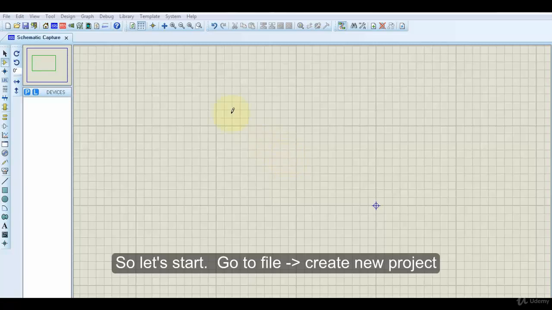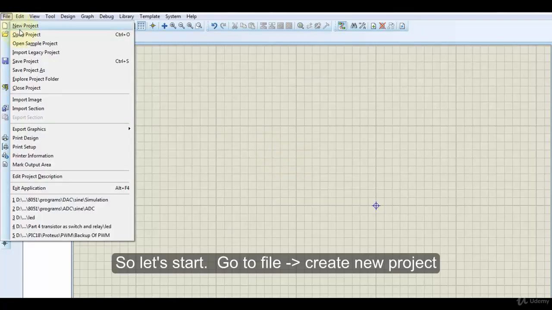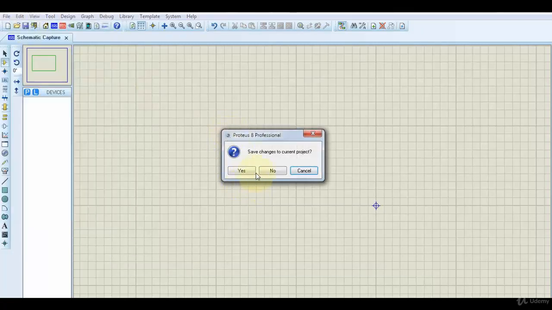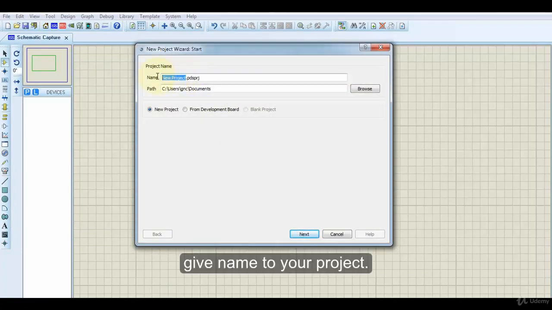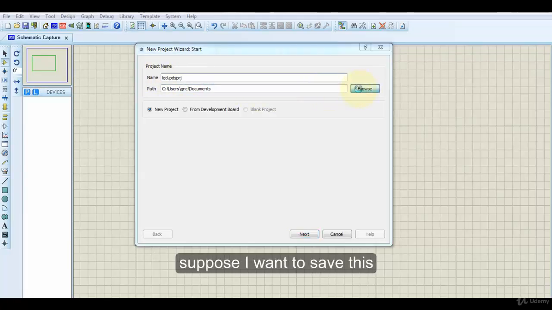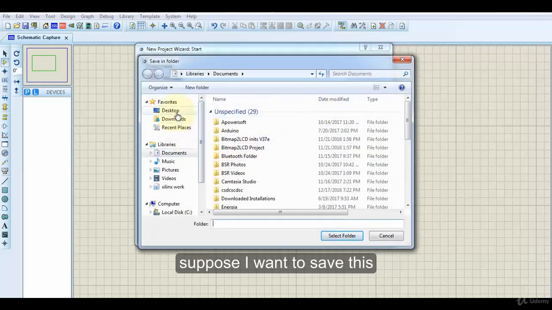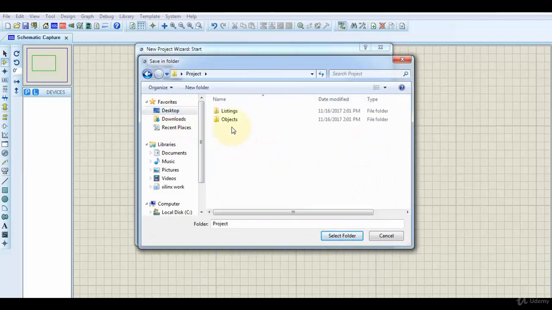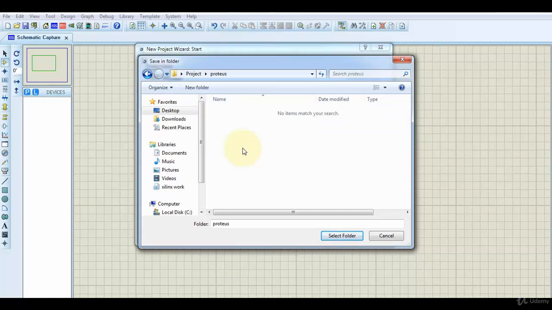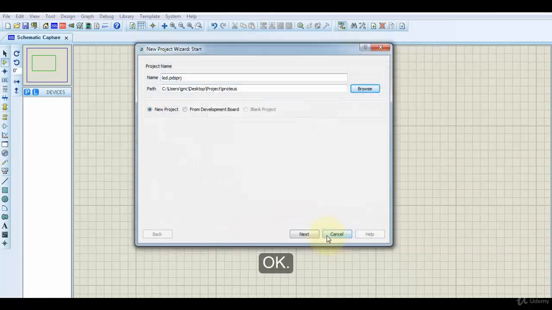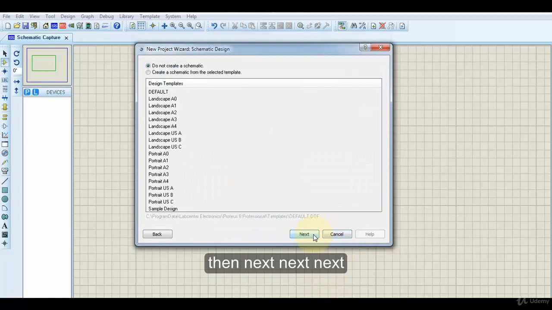So let's start. Go to File, create new project, give a name to your project. Suppose I want to save this in my same project folder with the name Proteus. Okay, then next,